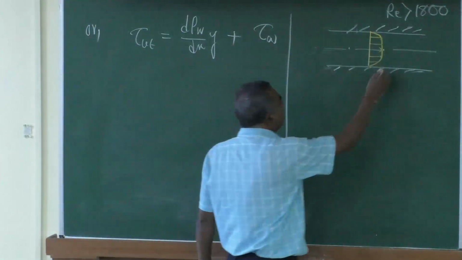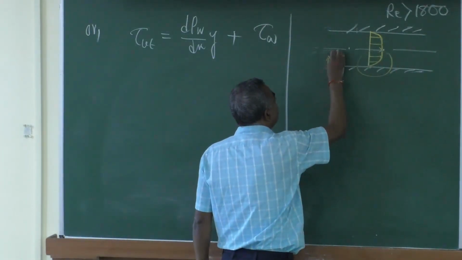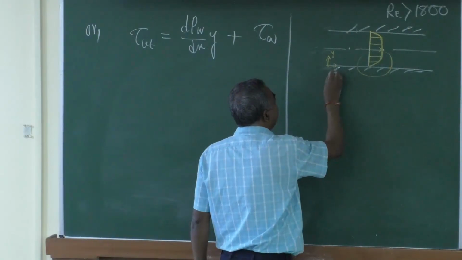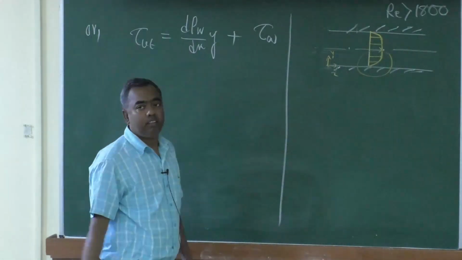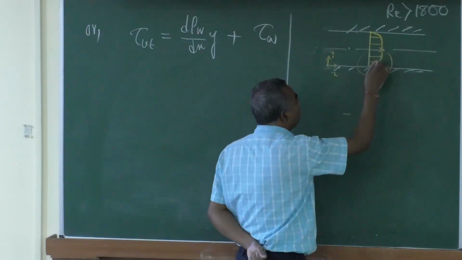If you consider this particular portion, here we have considered y 0 at this wall and x in this direction. Then in this part, if you consider your velocity gradient,